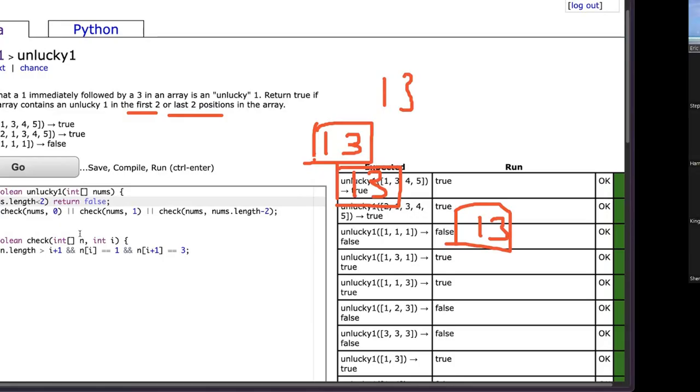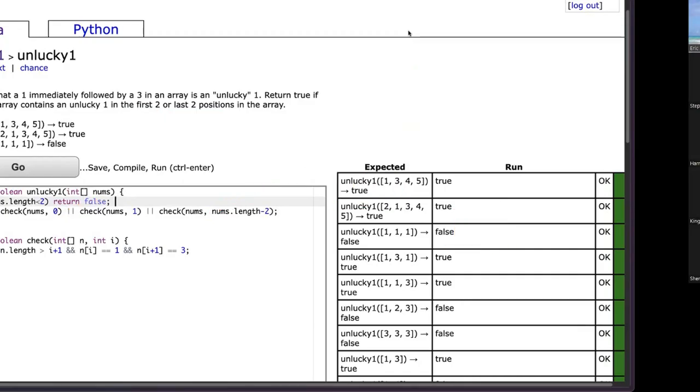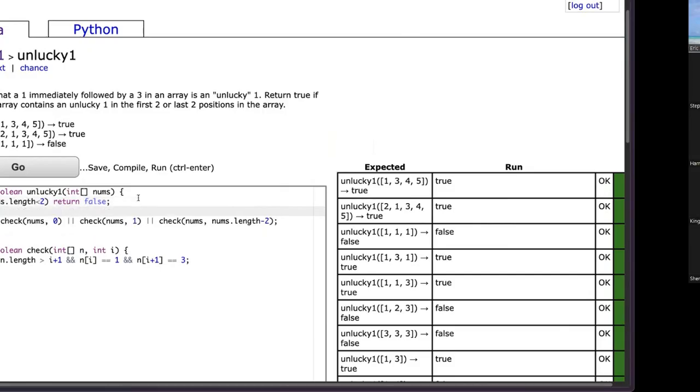Check zero and check this. In this case and this case, you don't need to check the length, okay? Only this one, you need to check the length. Okay? Yeah. So here, the only thing that you need to check right here is